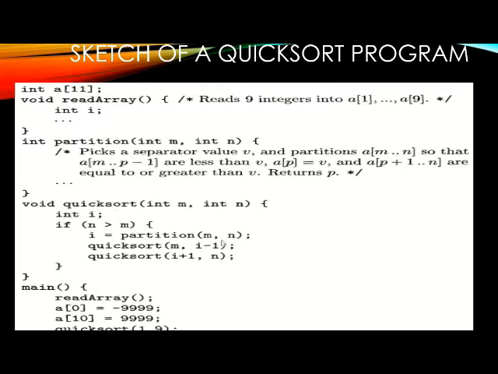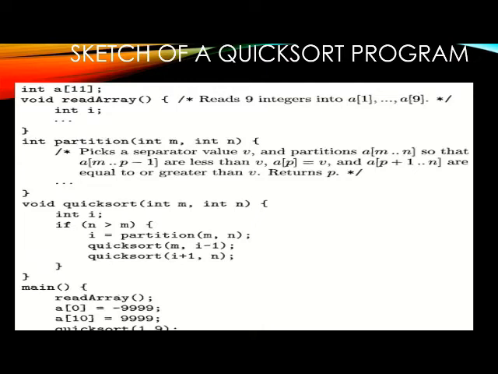The m comma n values stored in the quicksort function, 1, 9, are passed into the partition function. Now the compiler moves to the partition function with arguments m value and n value as 1, 9. In this partition function the main purpose is calculating the mid value, using the formula lower bound plus higher bound by 2. That is 1 plus 9 by 2, which is 10 by 2, so the mid value is 5.